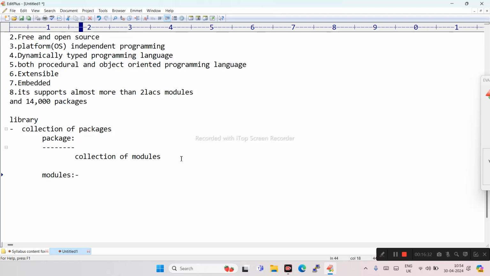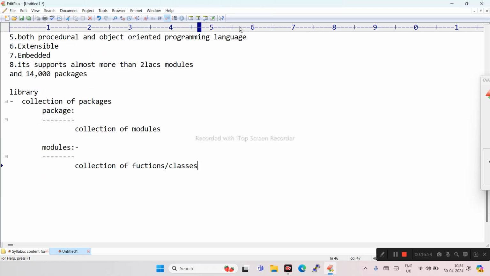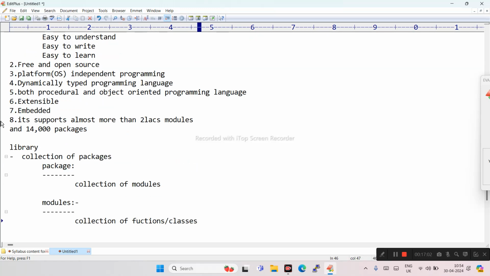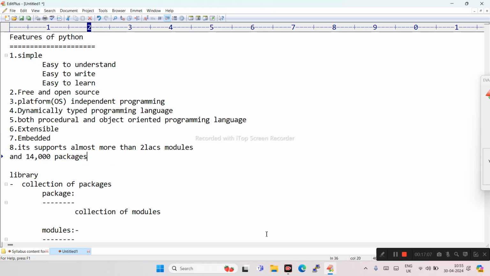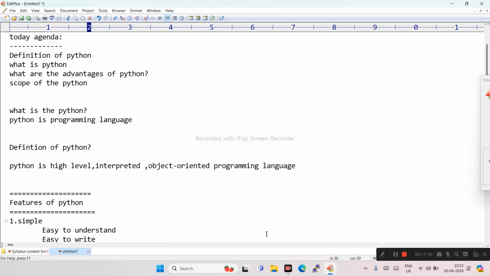A module is a collection of functions or classes. A library is a collection of packages. A package is a collection of modules. And a module is a collection of functions or classes. So Python supports more than 2 lakh modules and 14,000 packages. These are the features of Python.